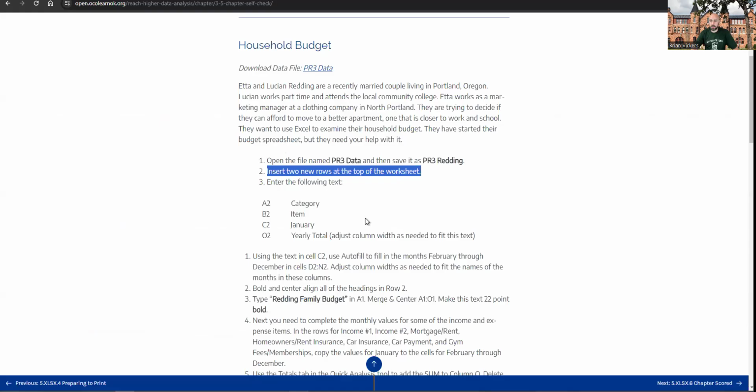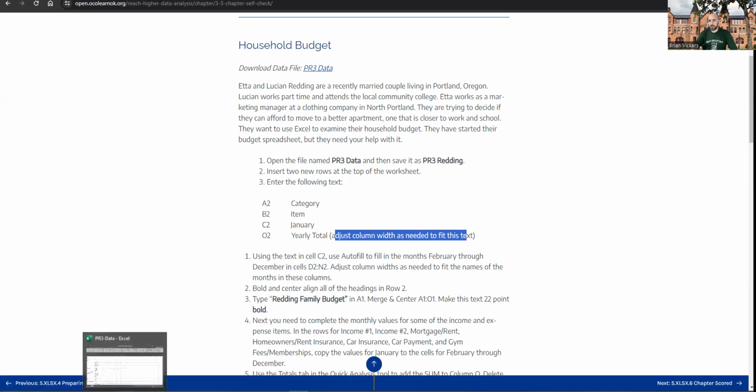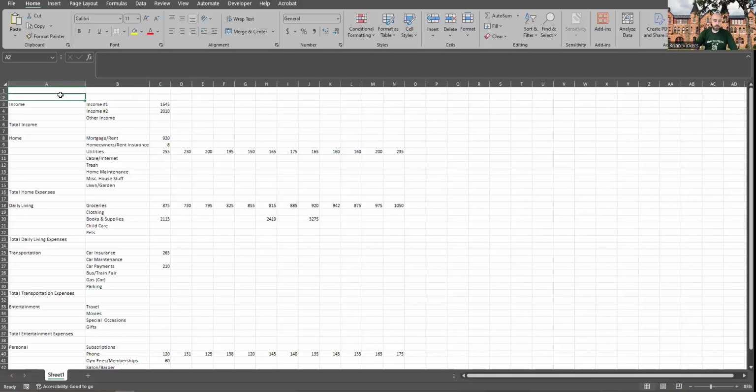All right, let's jump back to the textbook. Enter the following text. In cell A2, I want the word category. In B2, I want item. In C2, I want January, and all the way down in O2, I want yearly total. It tells us we need to adjust the column to fit this text, so let's try to remember that. Category, item, January. So A2,